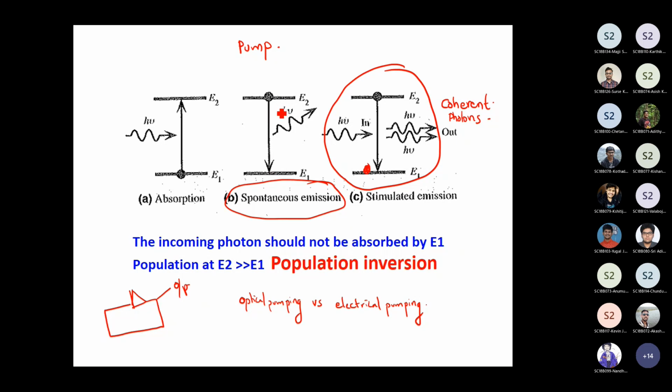So there are lots of spontaneously emitted photons, but it so happens that probably one of the photons has exactly the same direction as this photon. It has the same energy separation as E2 minus E1, the same frequency, the same phase, the same polarization, everything. So there is one random photon which satisfies all these conditions, and that is the one which actually triggers this entire stimulated emission process. Even in electronic circuits, noise is bad, of course, but without noise you cannot have an oscillator.